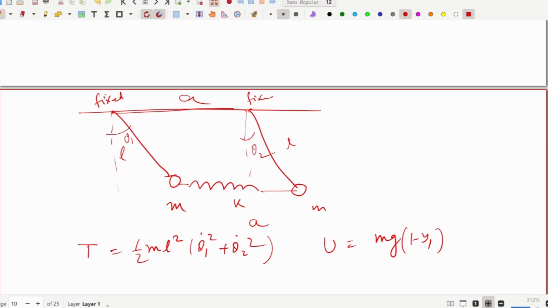We are assuming in this problem that this is the zero of potential energy. So the potential energy will be this for the first mass, and for the second mass it will be mg times (1 minus y2),